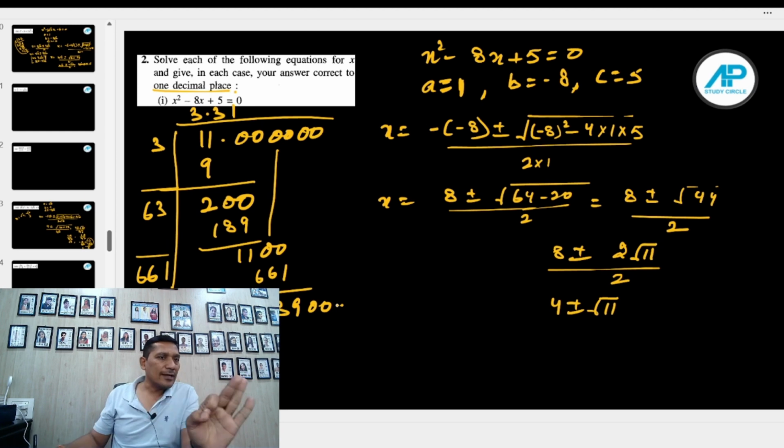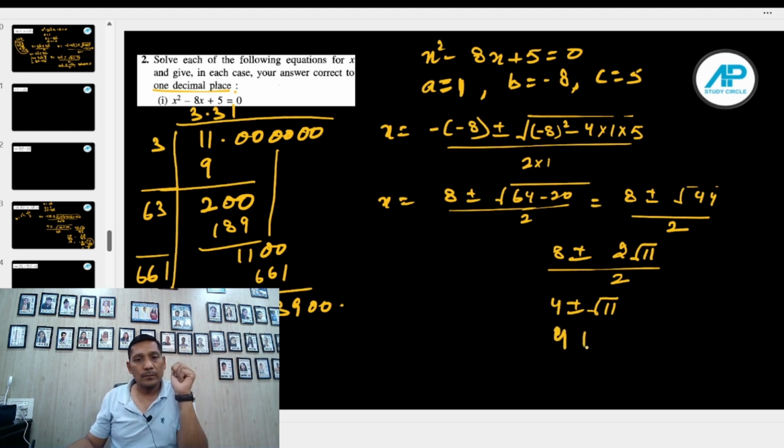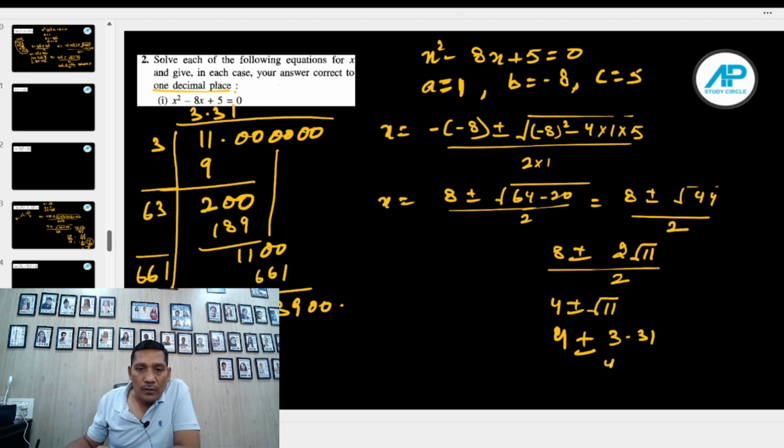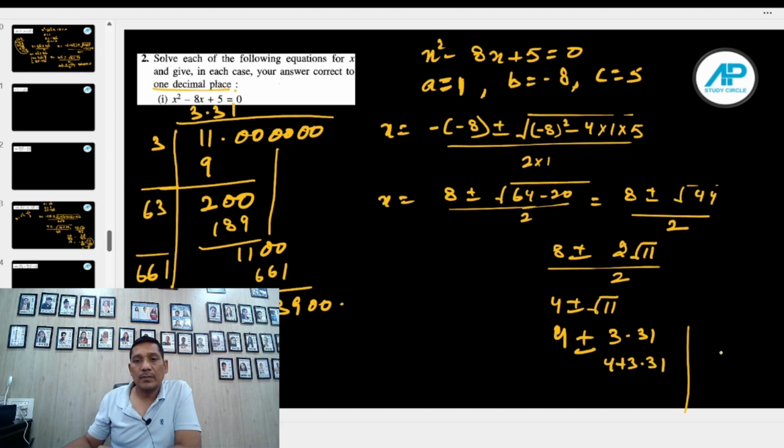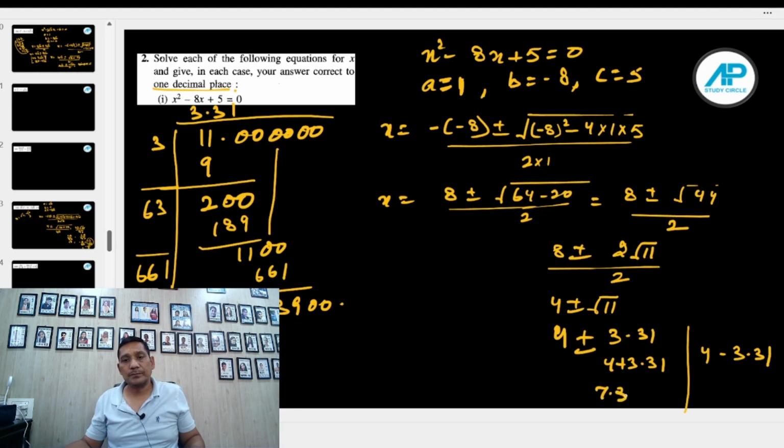So I'm just finding out the root in 2 decimal places. 4 plus minus 3.31. So this becomes 4 plus 3.31 and 4 minus 3.31. So the first answer is 7.31 and the second answer is 4 minus 3.31 gives you